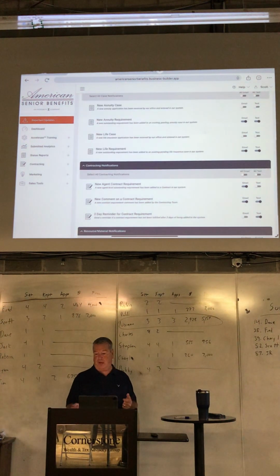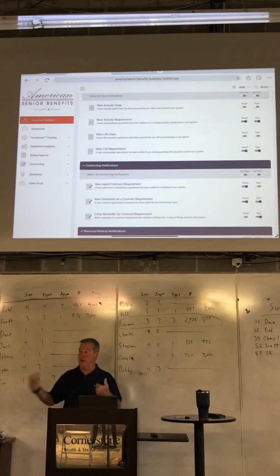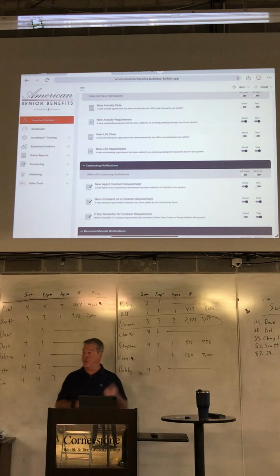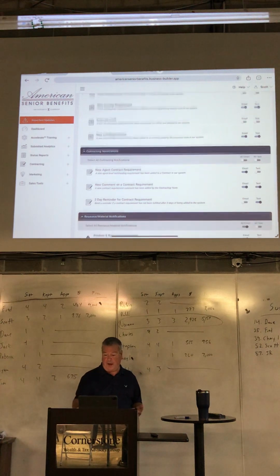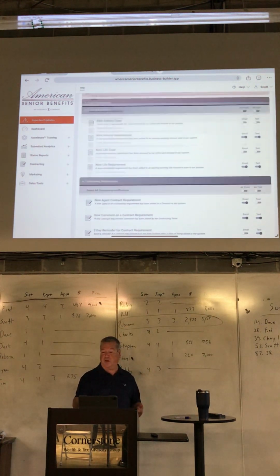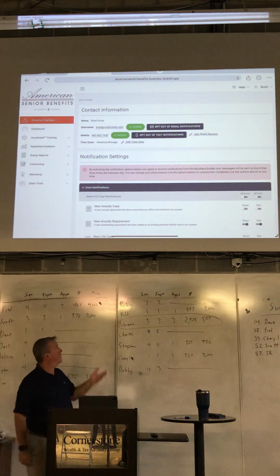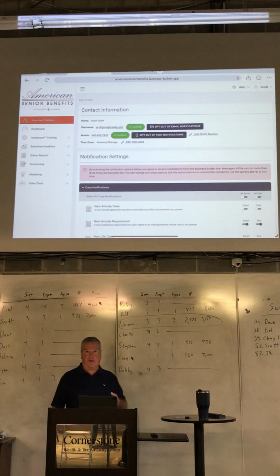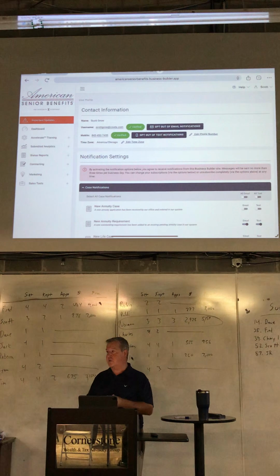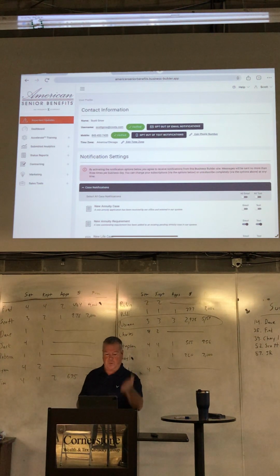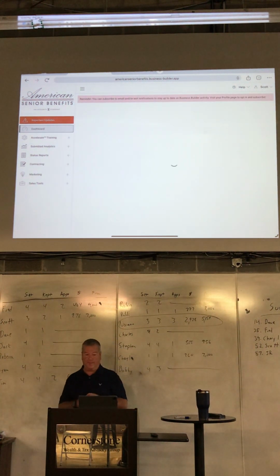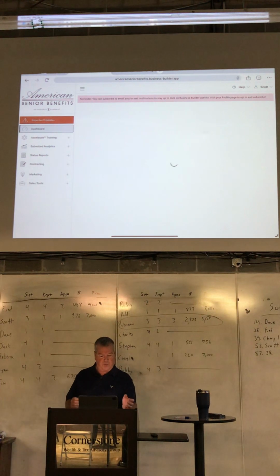So if they come back with a new life requirement, you may want to put both. That way they're going to let you know, hey, there's a new requirement you need to take care of. A lot of different things you can do. I would suggest going and setting that up, opting into emails and into text. That way you're kind of set up once you do put some business through there, and you're not wondering why you're not getting things that are issued. But once you get that done,